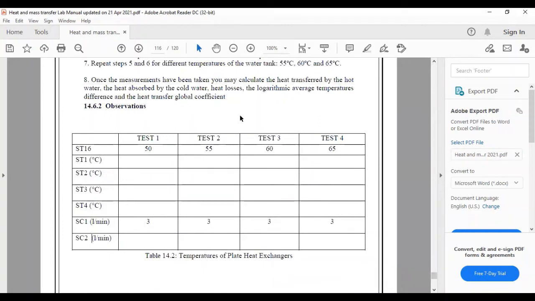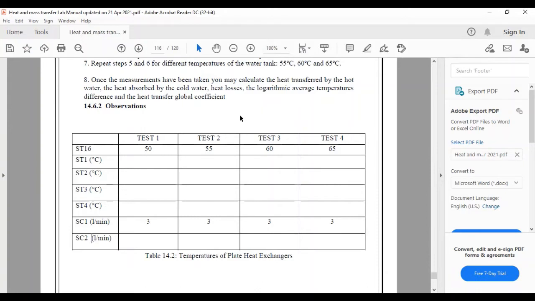But before moving to the lab, I would like to tell you that all of these heat exchangers we are using for our experiment use high voltage. They are all high voltage equipment, so we need to take care about the safety precautions. We need to check all the sockets and switches before the start of the experiment, and we have to observe their capacity, whether they can take the load of these heavy equipments or not.